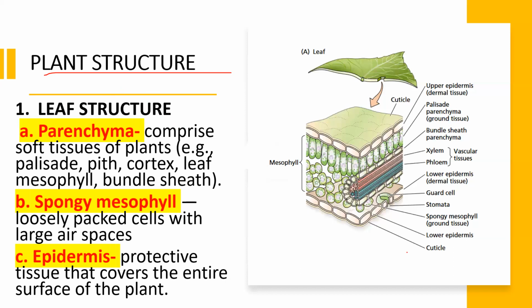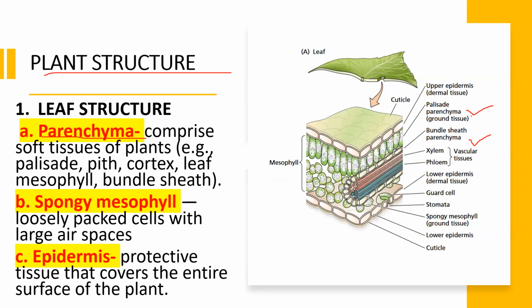We have parts wherein there is what we call the parenchyma. So, we all know the parenchyma. The palisade parenchyma, the ground tissue, the bundle sheath parenchyma, all of these parenchyma are